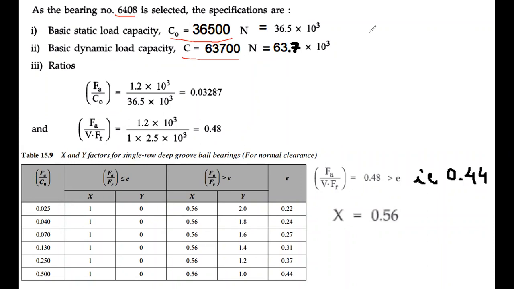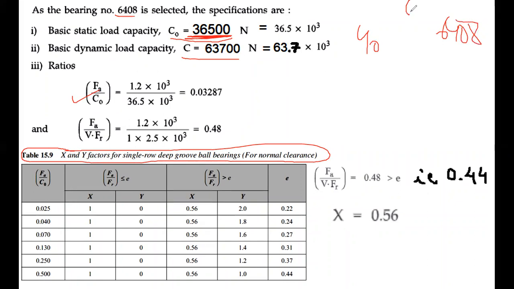X and Y are not given. So I have to find them from table 15.9 in the Bhandari design data book. FA upon CO. CO, where did I find it? From the table previously, in front of 40 mm diameter and bearing number 6408. Remember, the CO value was there at the top, the C value was there at the top. CO, we had noted down. So we are putting it here. FA is already given in the numerical. So this becomes